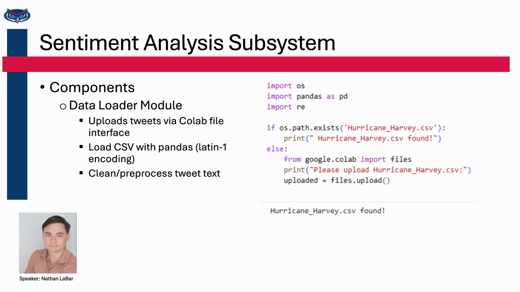The first component in this prototype is the data loader module. The module loads the CSV extracted from our pre-processing steps. For testing purposes, in this prototype, I uploaded a CSV and performed pre-processing before going on to the sentiment analysis component to simulate what this component would receive from the others. In the prototype, due to the nature of Twitter text, we load the data using pandas with Latin-1 encoding to avoid decoding errors.